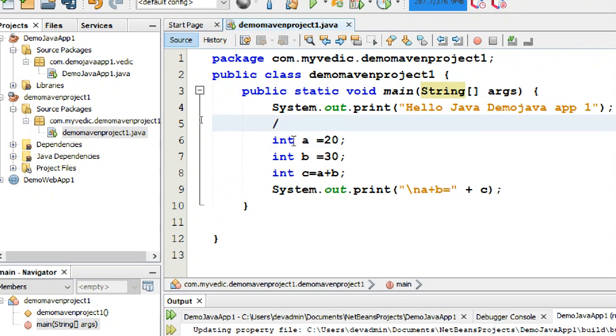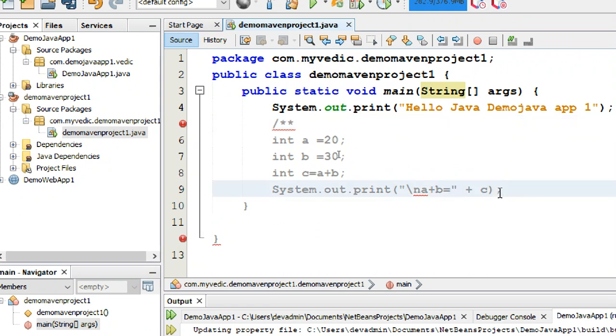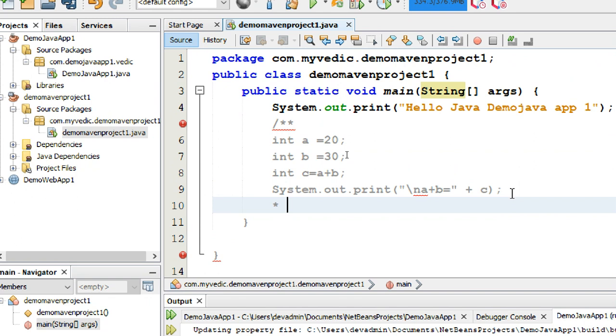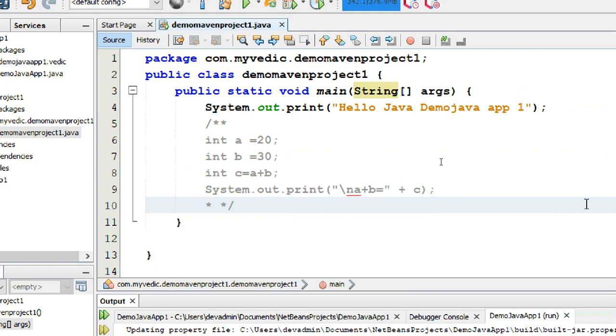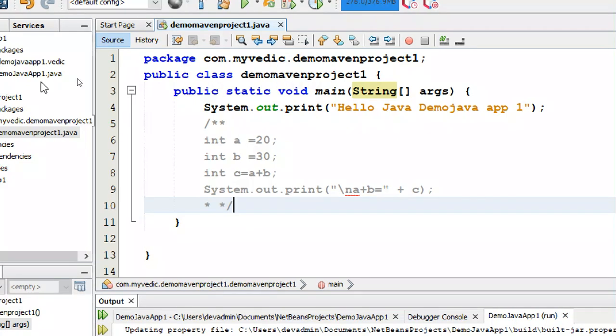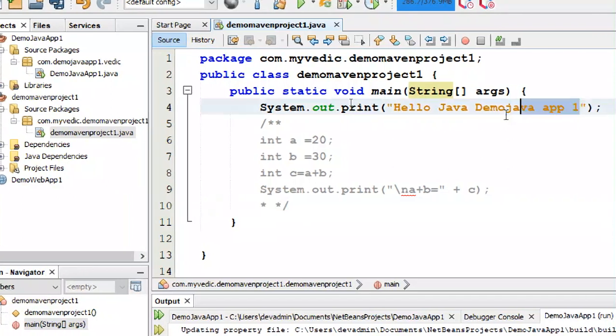Currently, I want to execute only one, so I put all these things into comments. Okay, like this. No errors, nothing. So only one line, and here I will change the line. Okay, Hello Maven project.